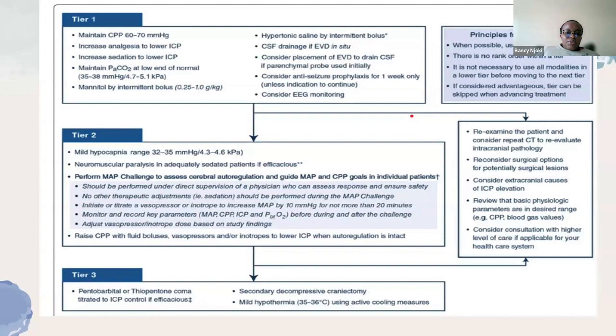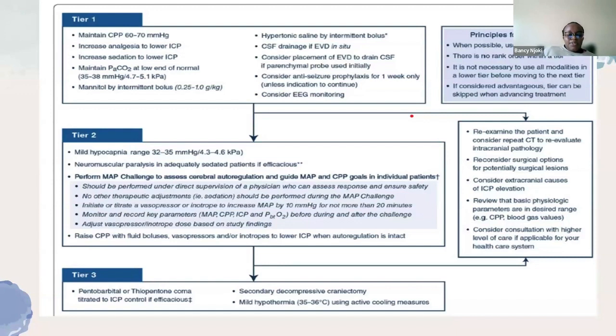In tier 2, you go to more extreme measures. You do mild hypocapnia, so your PCO2 will decrease a bit to 4.3 to 4.6. You can consider neuromuscular paralysis if your sedation is not adequate. You can perform a MAP challenge. This one is usually left to experienced physicians who've done it before. It can determine whether you need to start vasopressors or inotropes to increase your MAPs. Then there's the tier 3 management,